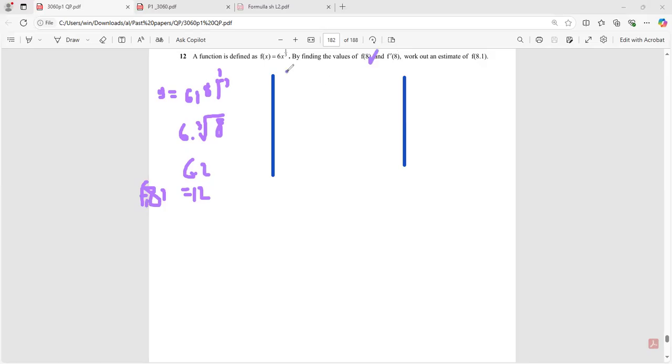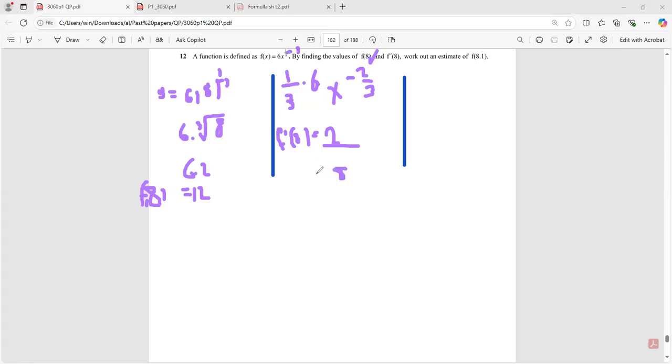And f dash 8. So for f dash, let's make the third multiply by 6 and make the power minus 1. We get the power down, we get the derivative. So a third multiplied by minus 1 will be negative 2/3. Okay, let's get f dash 8. So f dash 8 equals 6 divided by 3, which is 2 over, and x is equal to 8, and we have